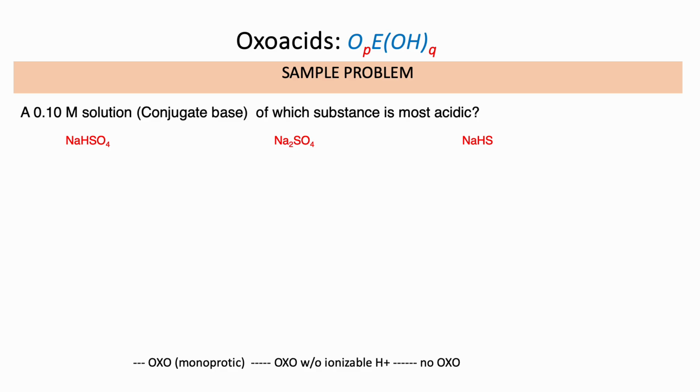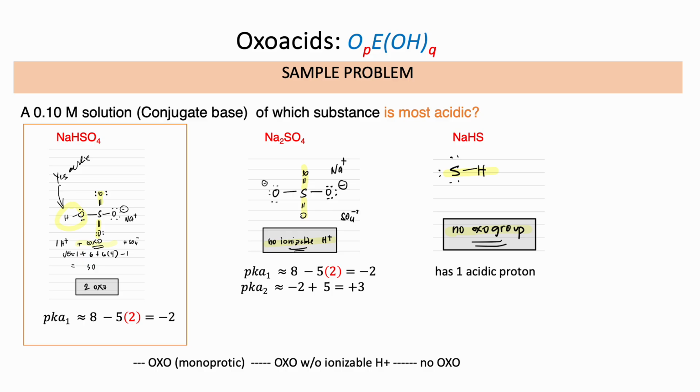Of the acids below, you need to compare which substance is most acidic. Comparing the conjugate base of it should actually result in something. So you could use Pauling's rule to better understand or give you a value on its pKa. Doing your Pauling's rule, you should get that this one right here, your sodium bisulfate, is the most acidic among the three.